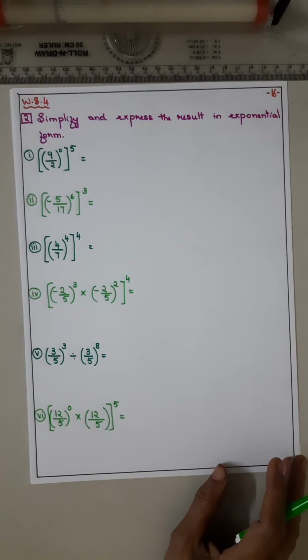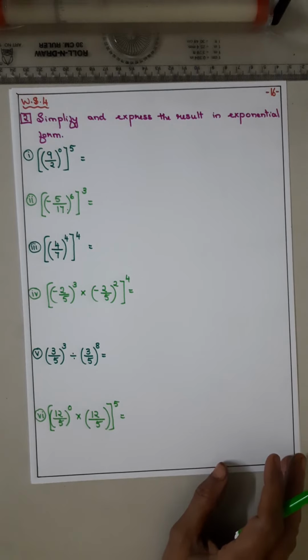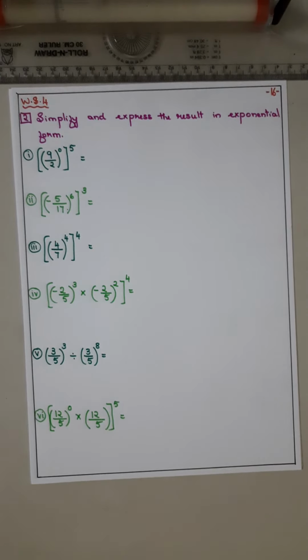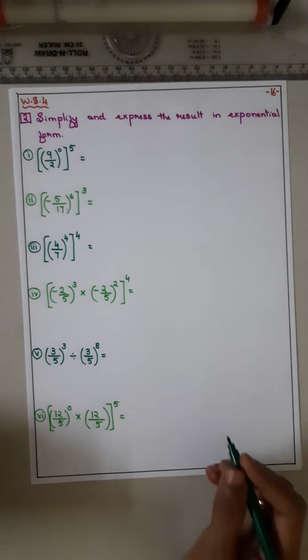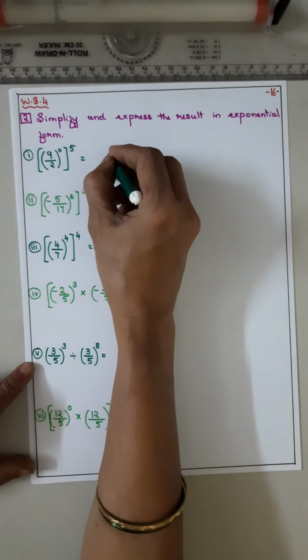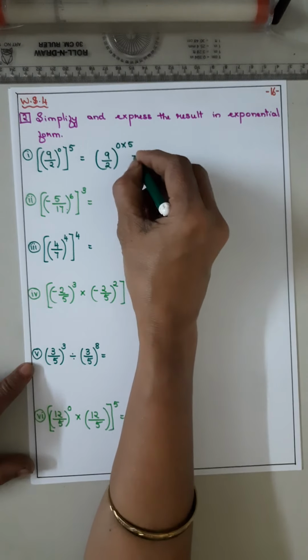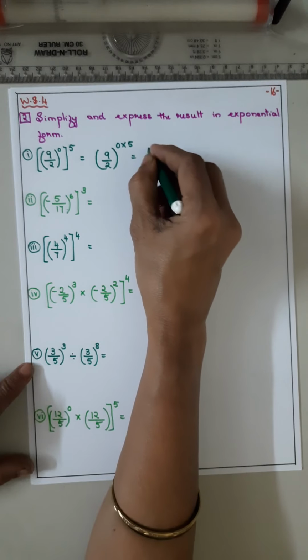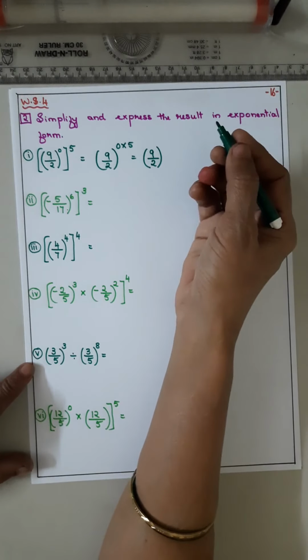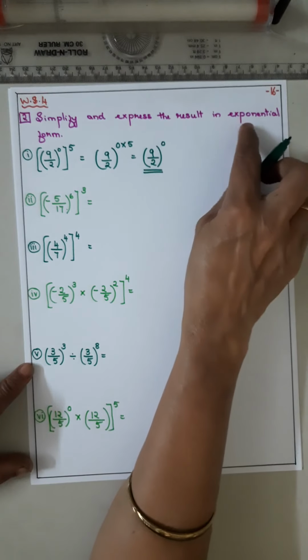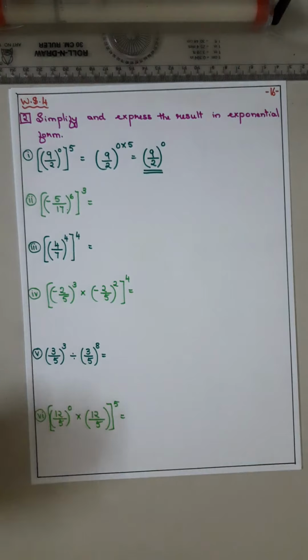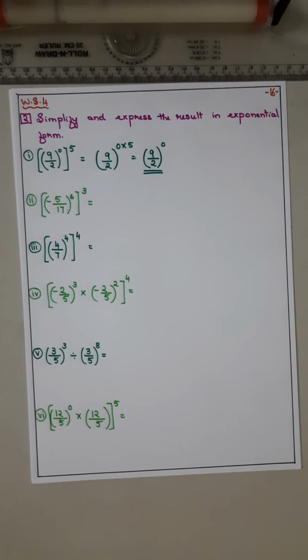Now coming to question number 2. Simplify and express in the exponential form. Now 9 by 2, the whole power 0 and the whole raised to 5. So it is a bracket, so what do we do? Multiply the powers. So 9 by 2, the whole raised to 0 into 5 is 0. See, they have asked exponential form, so you have to write in this way. If they ask to solve or evaluate, then the answer will be 1. But they have asked exponential form.